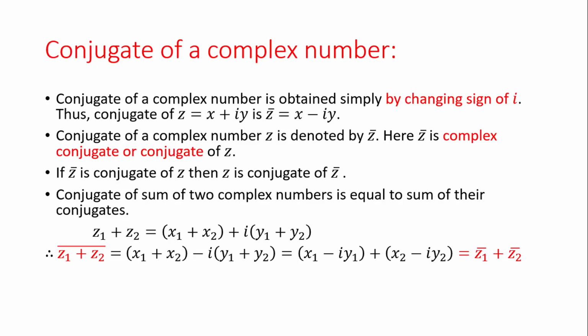Now next, the product of a complex number and its conjugate. What is the product of a complex number and its conjugate? We find that it is simply the square of the modulus of either of them, either the square of the modulus of z or the square of the modulus of z bar. Now we have a complex number z equal to x plus iy, then z bar equal to x minus iy, and what is the modulus of z or the modulus of z bar? That is simply the square root of x square plus y square.